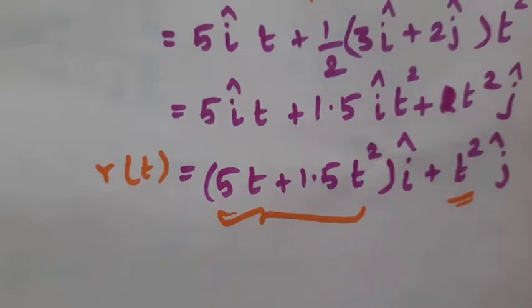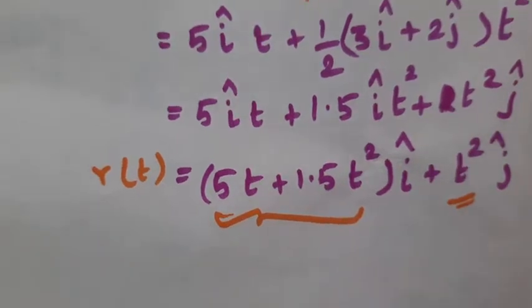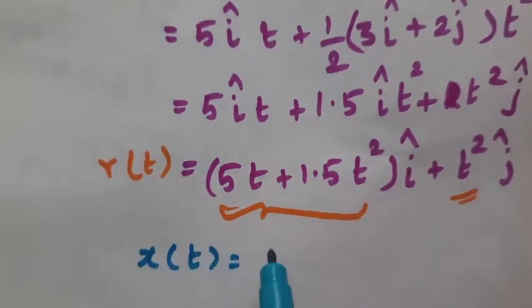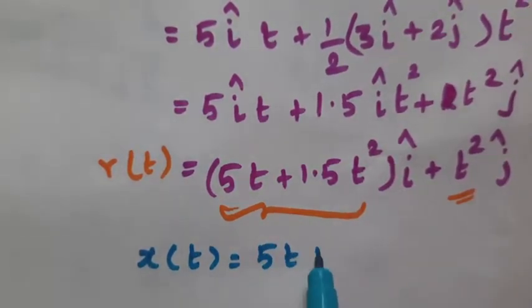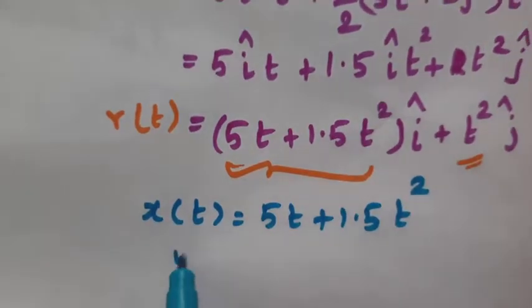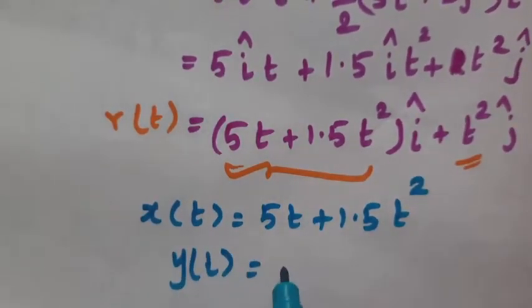So we can write x of t is equal to 5t plus 1.5 t square, and y of t is